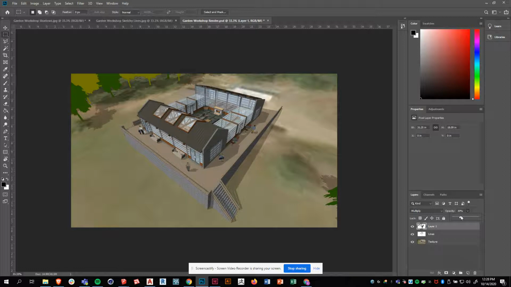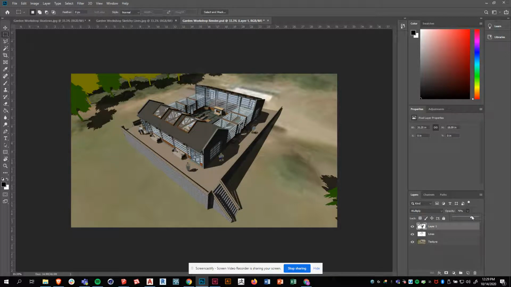Here's about a 30. Here's a 75. I'll do 75. That kind of looks cool. So look at this. Now I'm going to rename that layer. I'm going to double click on layer 1, just call it shadow. I'll do Control S. Okay, we've got texture in here, we've got line work in here, and we have shadow